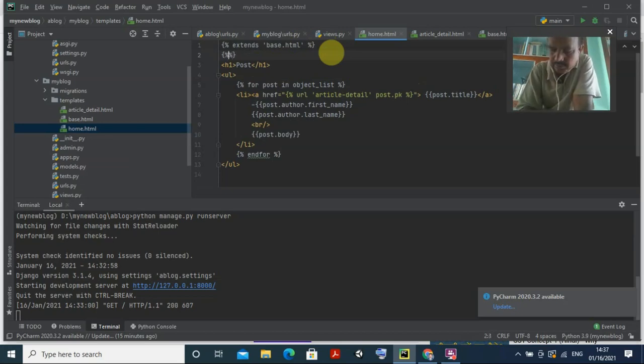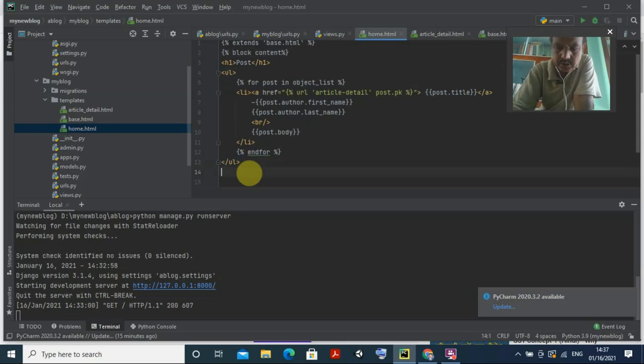Now it was there, block content, if you remember. So block, block, block content, block content. These are the block content, and at the end we are going to go for the end block. After this, you go for this and this, then you put this one also, then space, end block. Okay, end block, right?